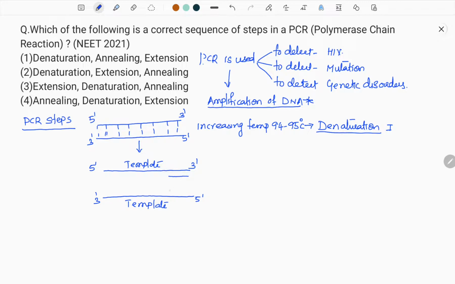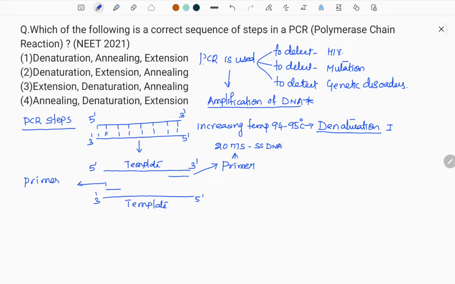An oligonucleotide is a short stretch of DNA or RNA that acts as the starter for polymerization of nucleotides in 5 to 3 direction. So this is called a primer. What is a primer? A primer is a short stretch, generally 20 nucleotides,